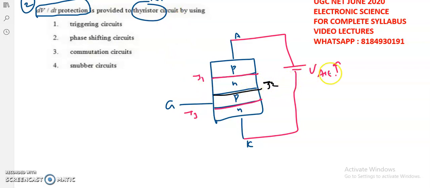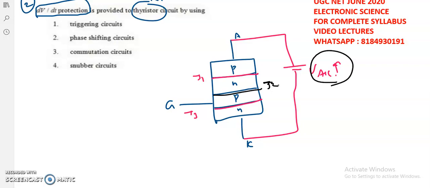Fine. And if you keep on increasing this voltage, then the J2 junction goes into breakdown. Whenever the J2 junction goes into breakdown, a huge amount of current will start flowing, as we already know from the VI characteristics of a conventional PN junction diode. Whenever the diode goes into the breakdown region in the reverse biasing case, an uncontrollable current will start flowing through it. And if you maintain such a condition for a long time, the device will burn out, right?